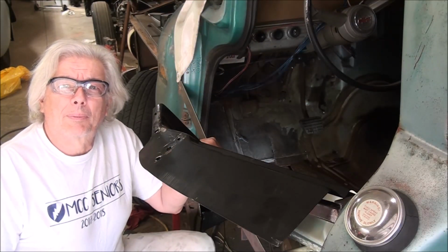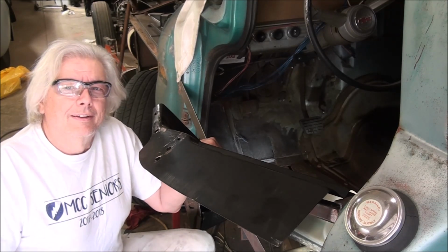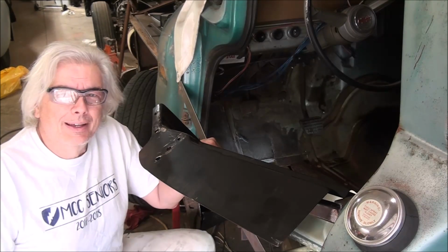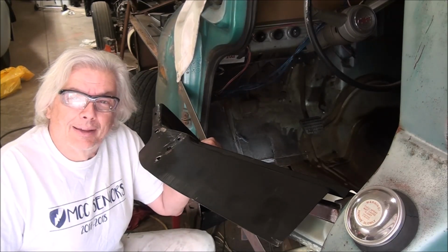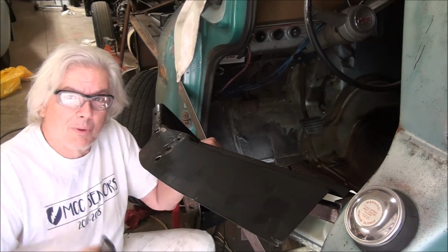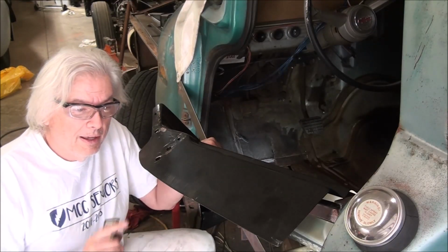Bob here, Chopper Bob Customs, and work continues on Uncle Dirtbag's 1961, not 1960 as Uncle Dirtbag told me it was, 1961 Chevy C10 sitting on a 2008, who knows if that's the right year, I believe it's a Yukon chassis. So it's got an LS, modern transmission, modern rear end, modern suspension, modern frame, all underneath this 1961 Apache